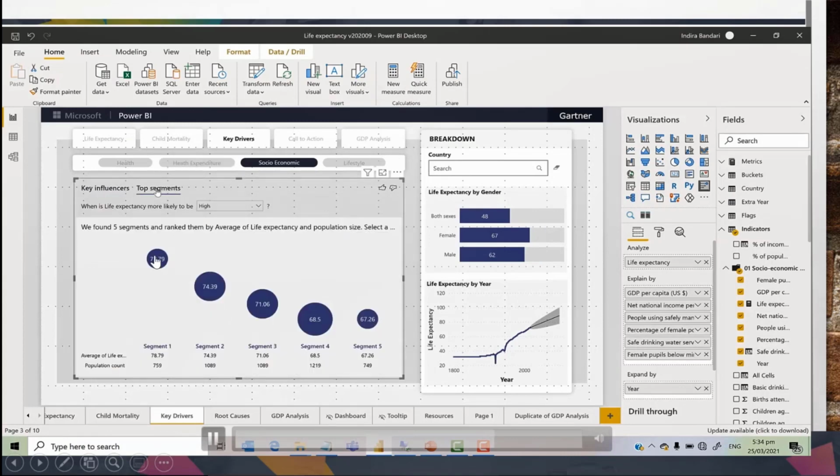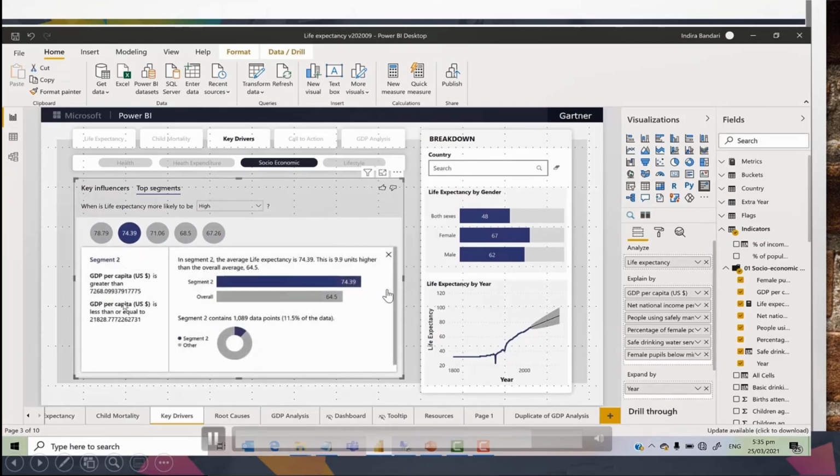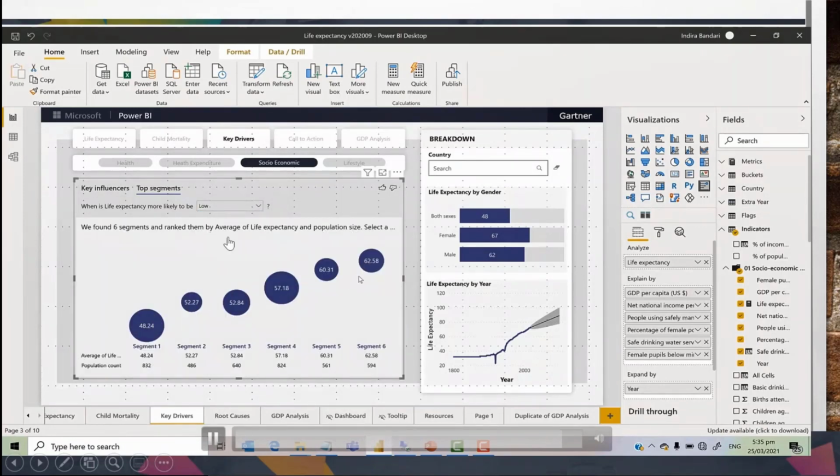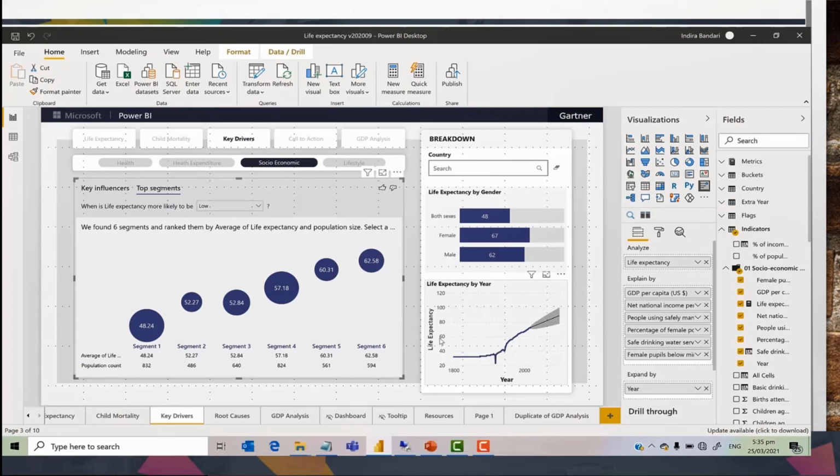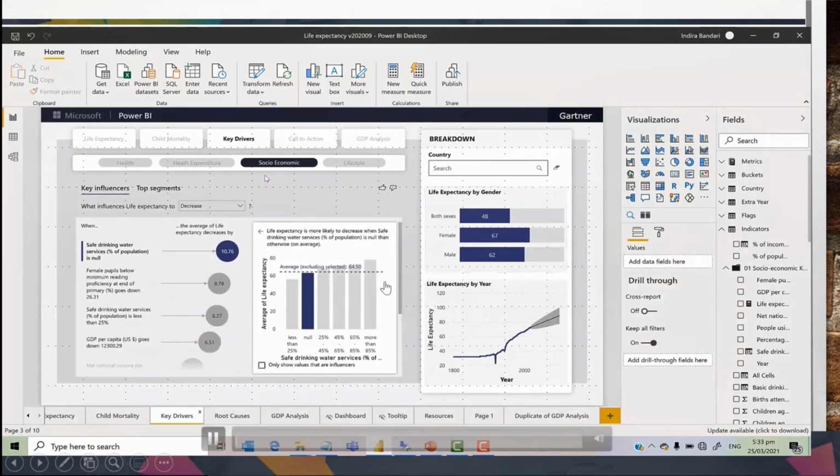You can also analyze top segments in the same way. So for global, there are 5 segments that have been identified. In the second segment, GDP per capita is greater than 72%, and yeah, so you can analyze those clusters. It's very quick, so I'm just rushing through. So that is the key influencers visual. If we go into the next slide,